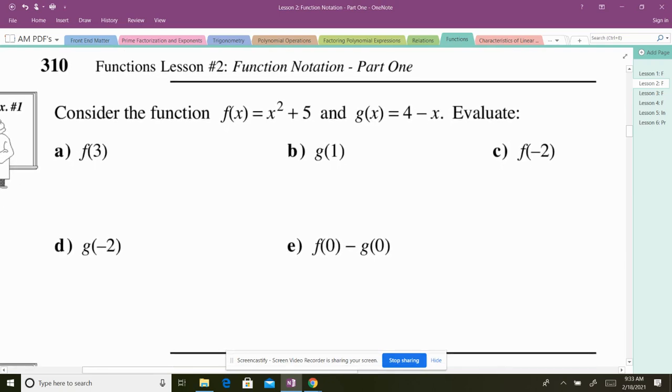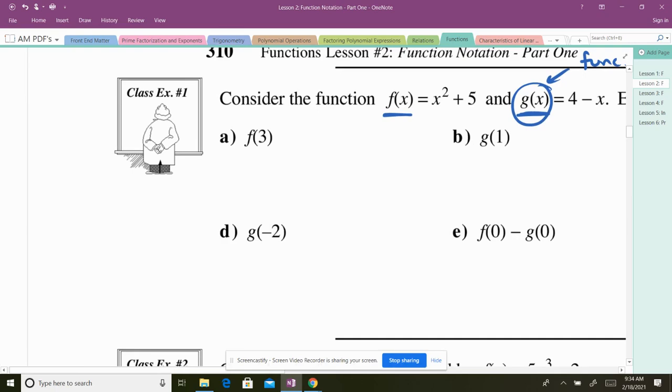All right, we have two functions here, f of x, and sometimes when there's multiple functions, they won't write f of x, they'll write g of x. But when it's in this notation, it still means it's a function. We just put g of x because we don't want to put another f of x. It'll get confusing, okay? But it still means this is a function. We're just calling it function g.